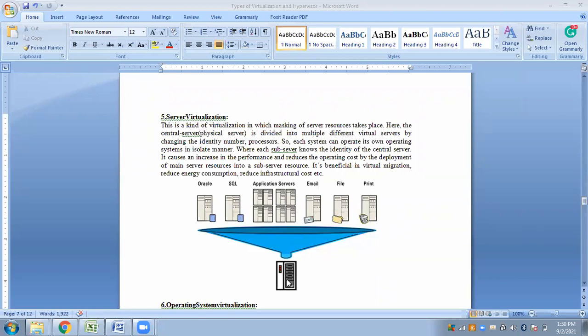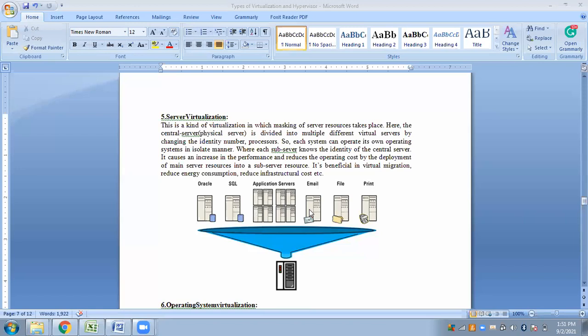ठीक है, सर्वर रिसोर्सेज को मैक्सिमाइज करने के लिए हम लोग ये करते हैं, वरना इसी सर्वर को एक ही क्लाइंट को देना, और इसी सर्वर, सपोज इसी सर्वर को मैंने एप्लीकेशन सर्वर बना दिया, ठीक है, then what about the other servers? Again I'll have to buy a different computer, again I'll have to get the setup ready for that particular server. फिर मैं उसको सपोज SQL सर्वर बना दिया, डेटाबेस सर्वर मैंने बना दिया, फिर सपोज मुझे एक ईमेल सर्वर का जरूरत पड़े, फिर मैंने खरीदा, फिर मुझे सेटअप करना पड़ेगा. सो जस्ट इमेजिन द कॉस्ट इनकर्ड.